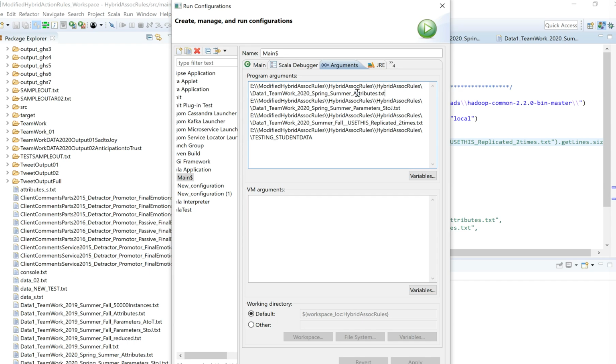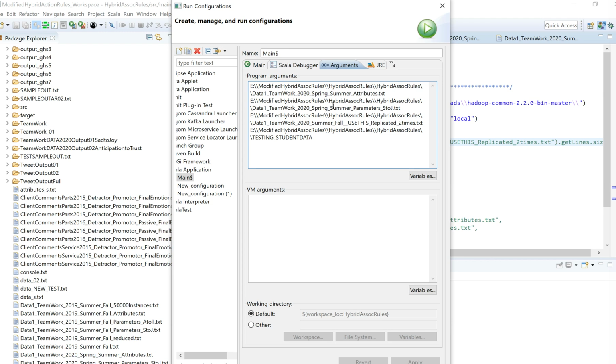So first is the attributes file. The attributes file is the data1_teamwork_2020_spring_summer_attributes.txt. You should find that in this code folder itself.